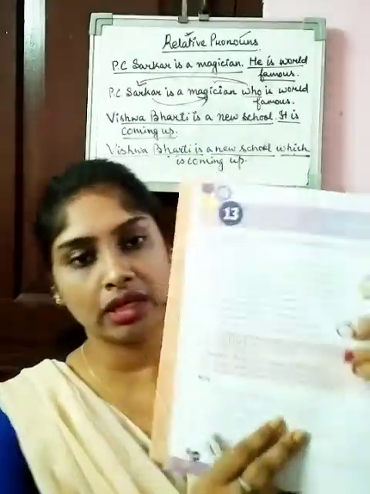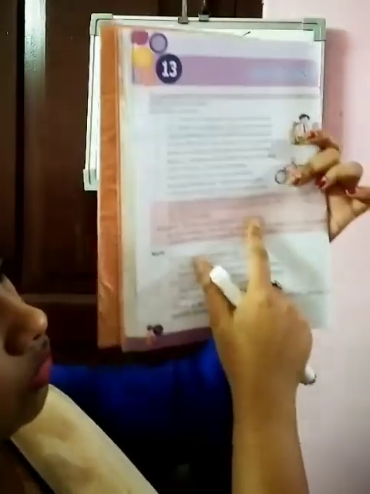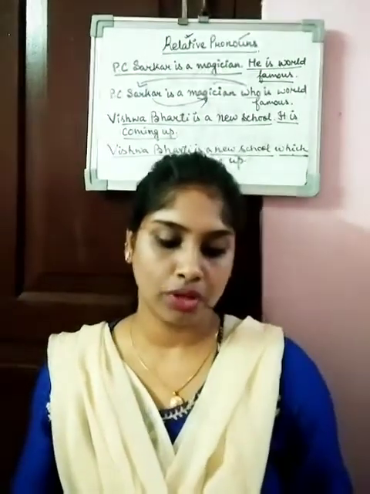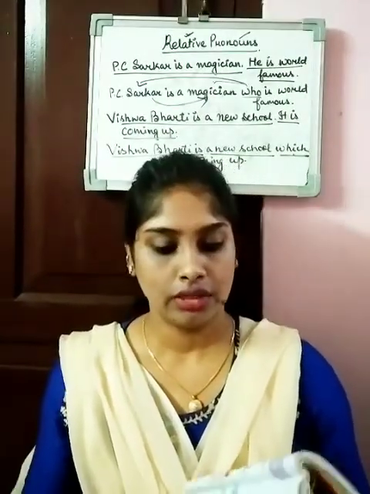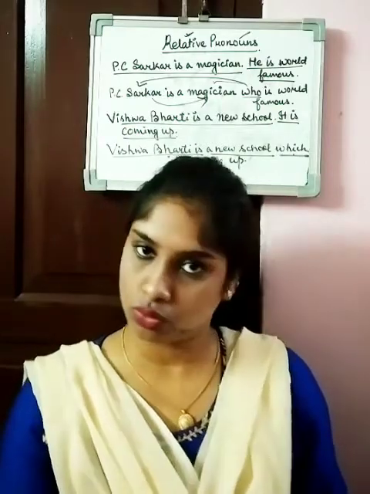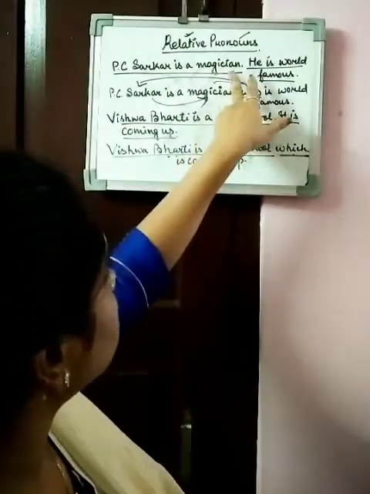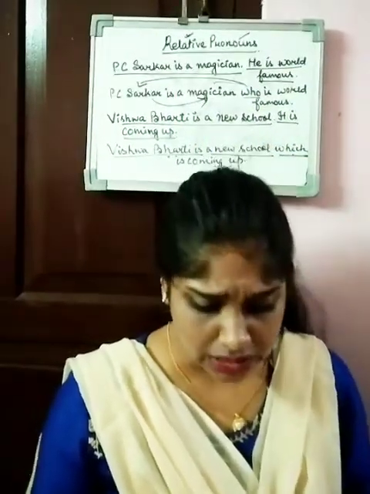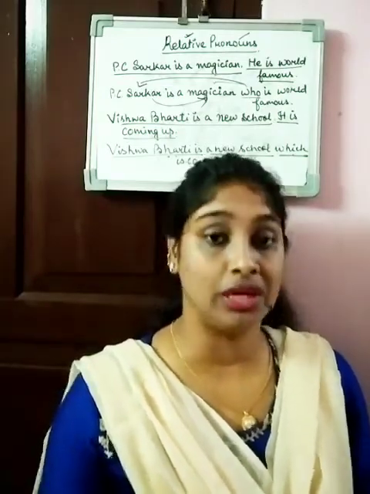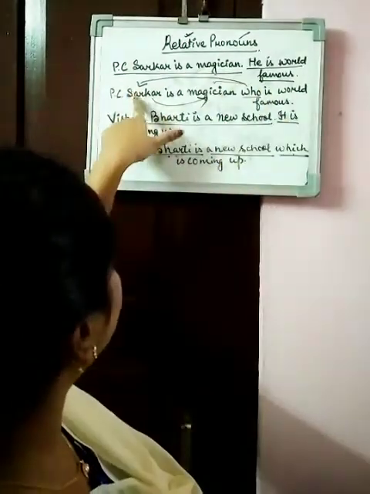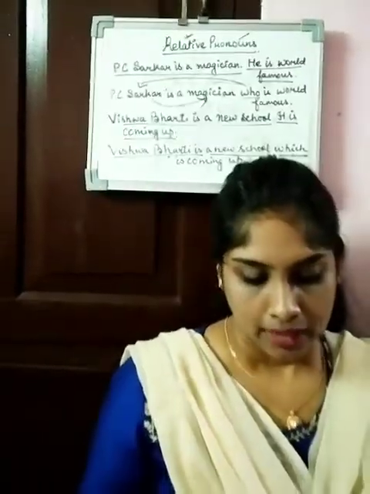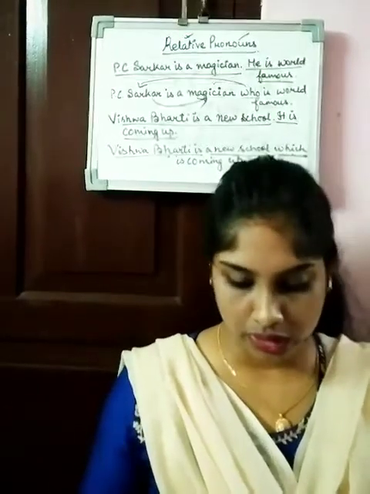Now, secondly, there is a pink color box. If you can see this box, you will mark it. This one is important. A relative pronoun works as a pronoun as well as a conjunction. That is, on the one hand, it joins two statements. We have done this. There were two sentences. We have joined them with the help of this relative pronoun, and on the other hand, like a pronoun, it relates to the noun. This who is relating to the noun P.C. Sarkar, who is a magician. This is the thing. Now let's do one sentence.